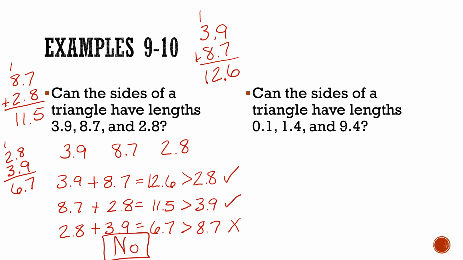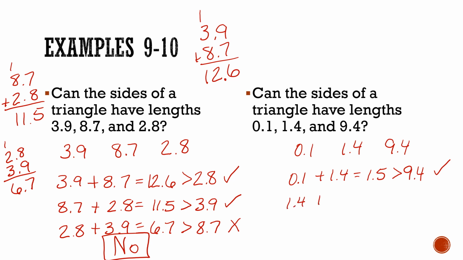Okay, then our last one for today, 0.1, 1.4, and 9.4. So we're going to add 0.1 to 1.4, which is 1.5. 1.5 should be greater than the number we did not use, which is 9.4. That one is true. We're going to add 1.4 to 9.4, giving us 10.8, which should be greater than, what